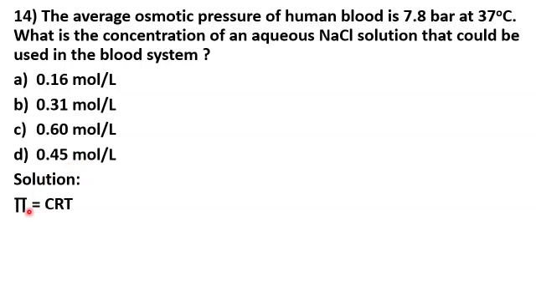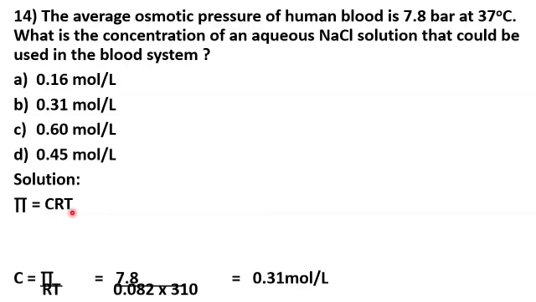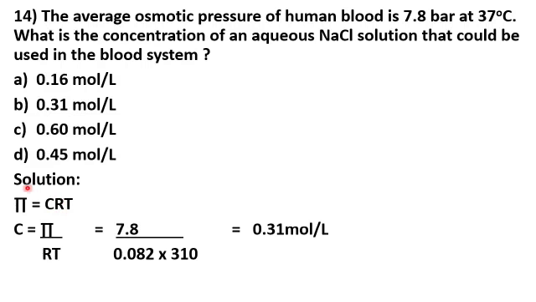where pi is the value of osmotic pressure, C represents concentration of the solution, R is the universal gas constant, and T is the temperature value. So rearrange this equation for the C. So C becomes equal to pi divided by RT. Substitute the values. So pi is equal to